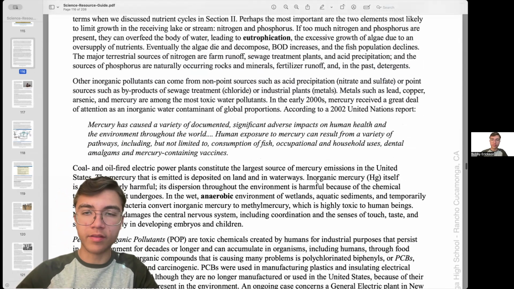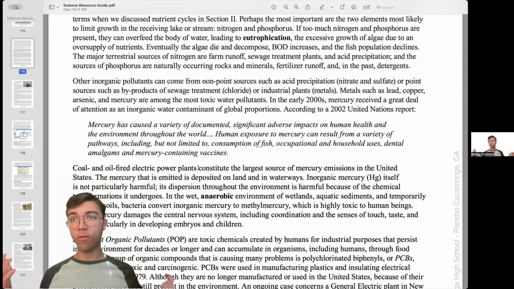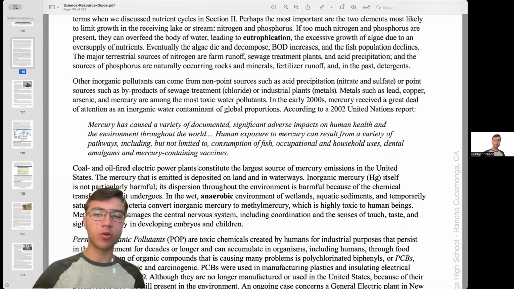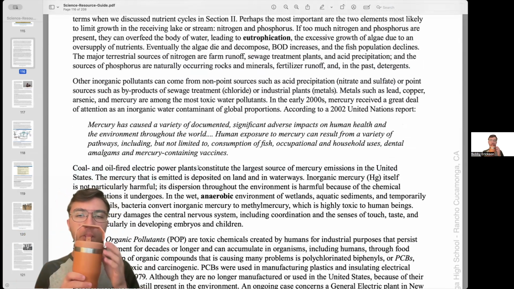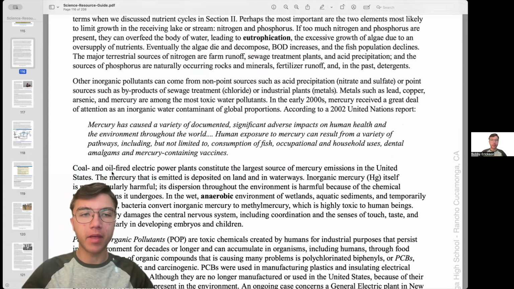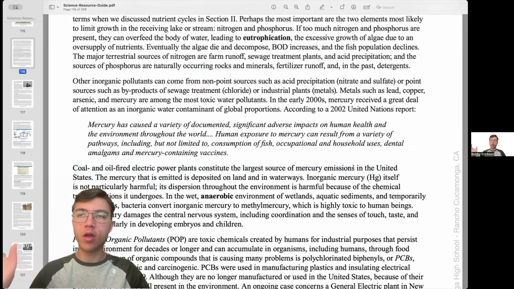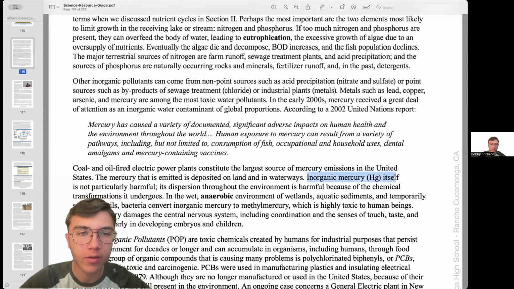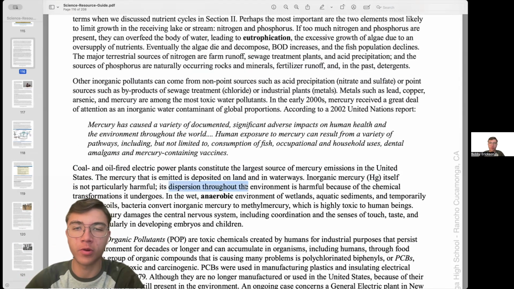Now, what is the largest source of mercury emissions? Coal and oil-fired electric power plants. What a surprise. Mercury comes from coal and oil, at least in the United States. And so, what does coal and oil give off? It's mercury emissions. Woohoo! Okay, so inorganic mercury, just Hg alone, isn't harmful, but when it disperses through the